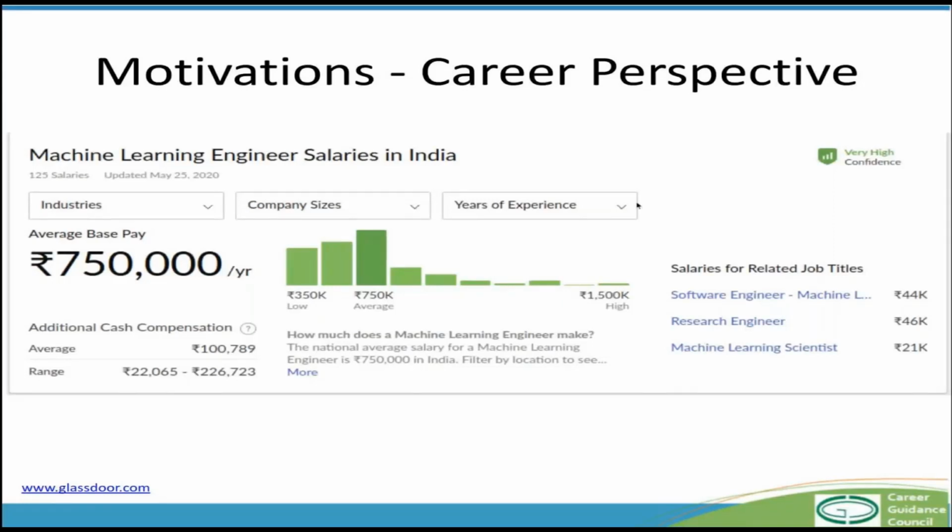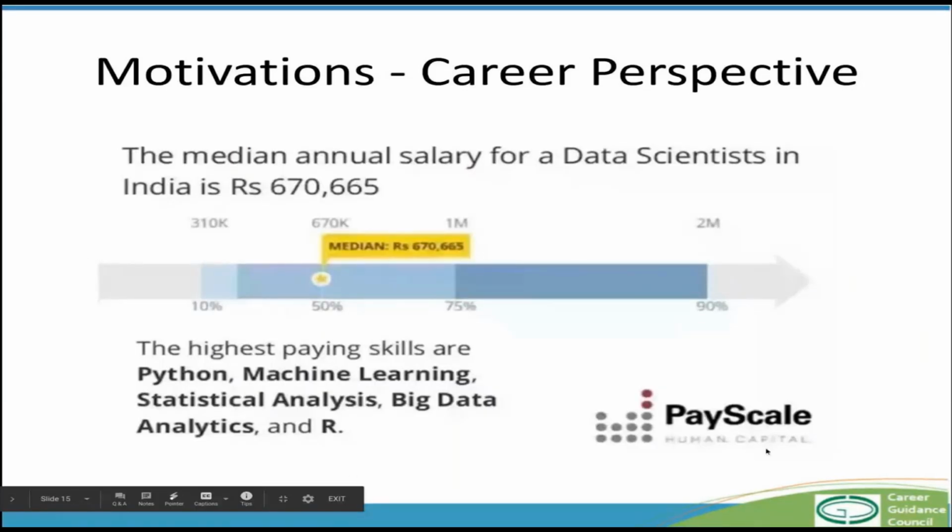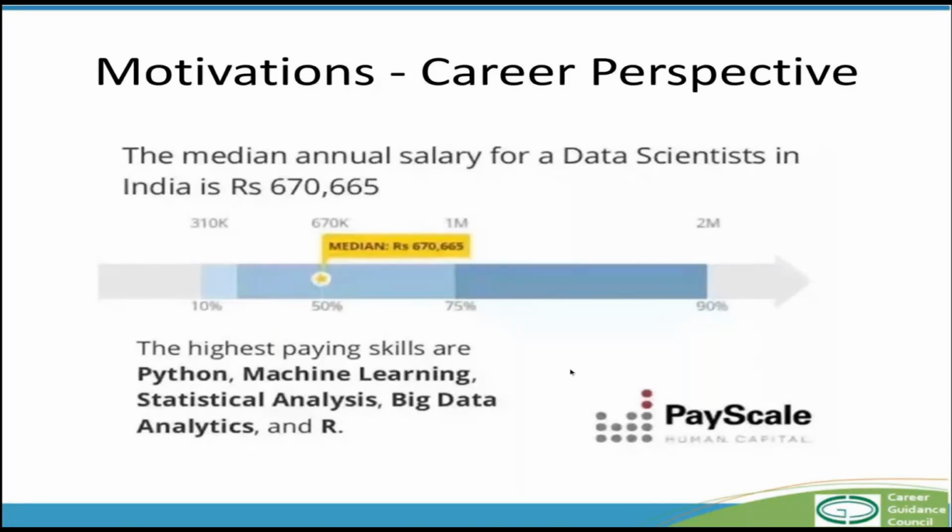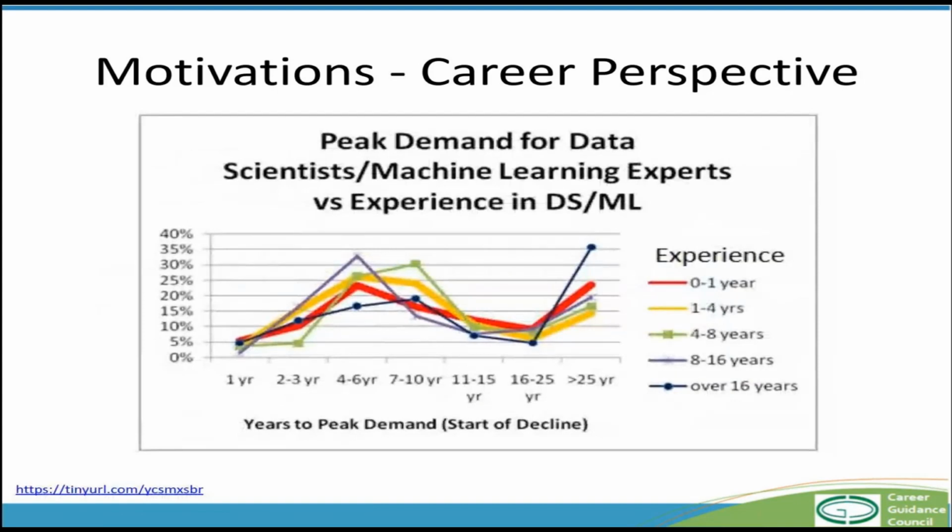I did a similar search on Payscale and found that the numbers are more or less coincidental, and very similar to one another. And the kind of skills people who are getting these jobs have are good knowledge of machine learning, statistical analysis, big data analytics, and Python and R as the programming languages. So this is important. I hope this provides you enough motivation for why you should be invested in machine learning and data science in general, understanding the concepts, applying them, making projects out of them, and learning these technologies.